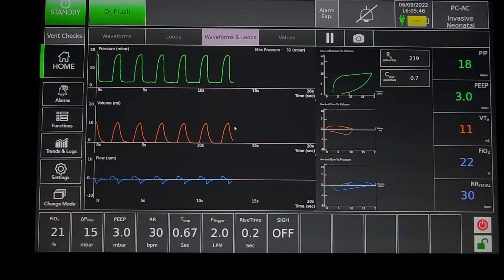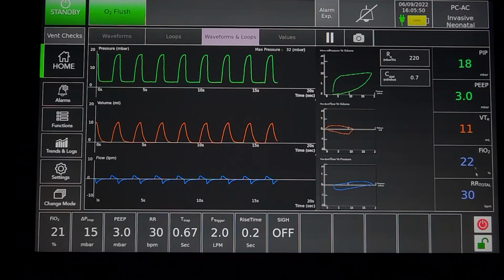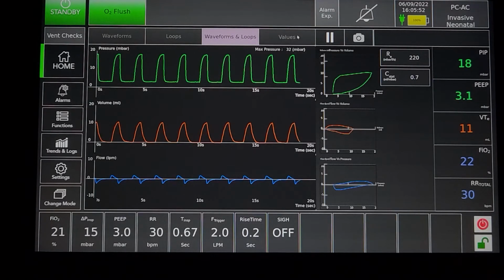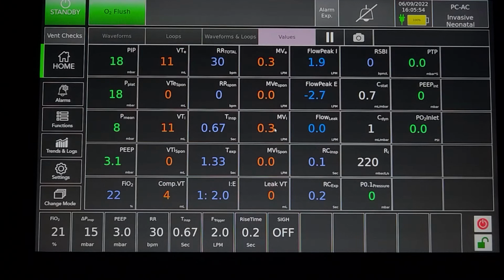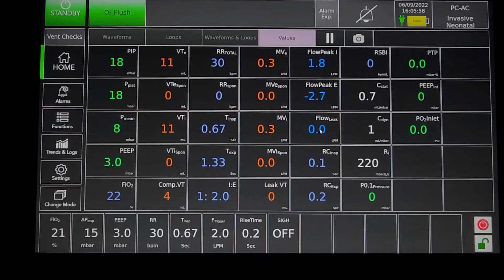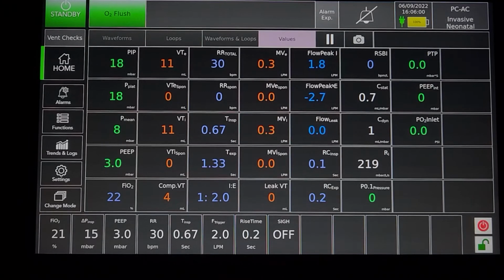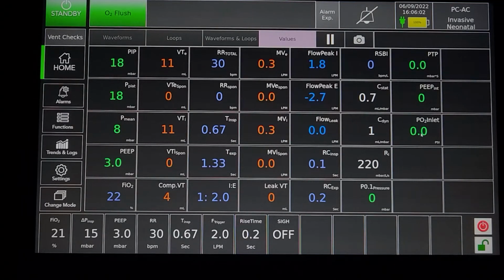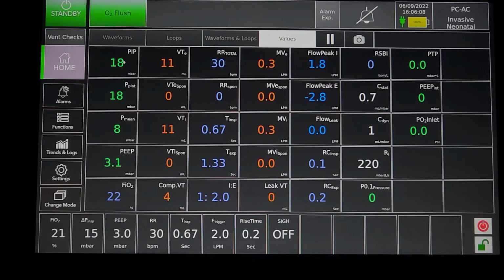This is the third screen where we can have 3 waveforms plus 3 loops plus the basic parameters. The fourth page compiles all the values, all the patient parameters. This has 32 patient parameters plus the oxygen inlet that we are giving from the central line. Here also the parameters are divided into groups.